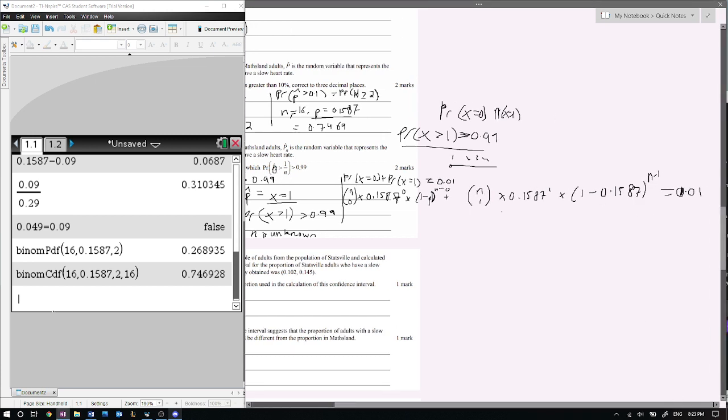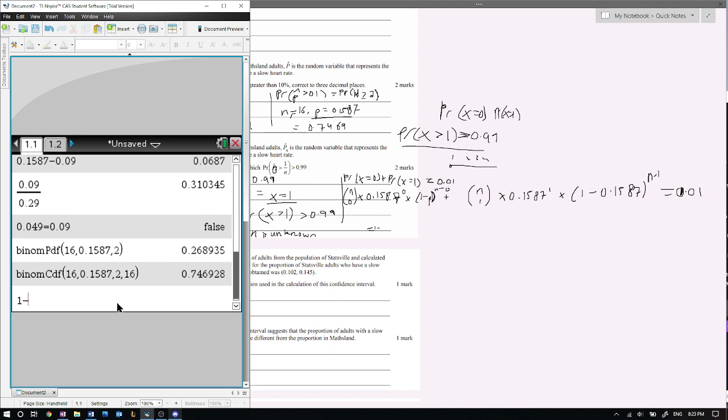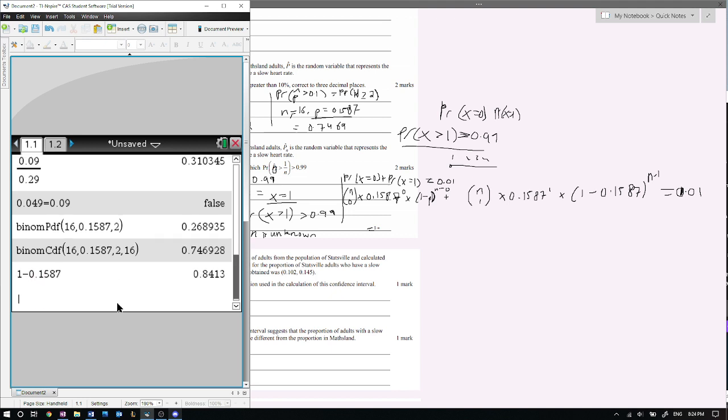Set it out in a way that's possible. So I changed that from greater than 1 to just P(X = 0) plus P(X = 1). Doing this, we know that n to the 0 just simplifies to 1 times 1, so everything there disappears. So let me just work out 1 minus 0.1587, which is